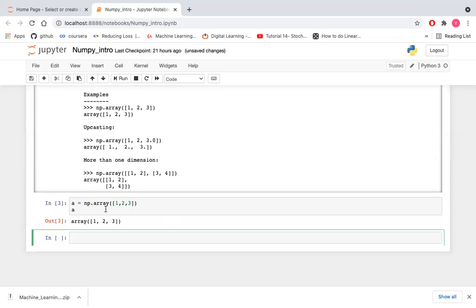Here we can say it's a one-dimensional array with three elements. If we want to create a two-dimensional array, we can create that in the same way.